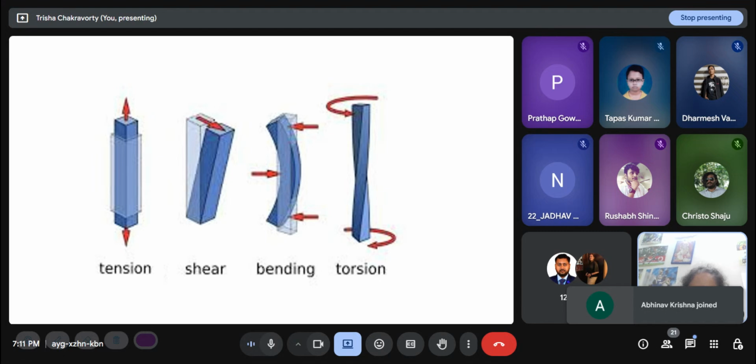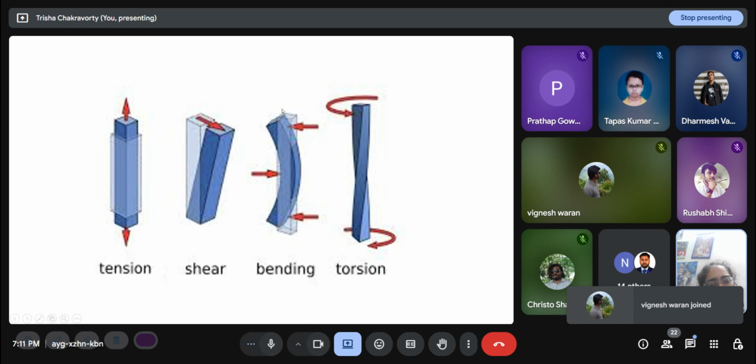So this is the beam. Tension is when it is a pulling, and compression is also an axial force where it will attempt to shorten the length. Shear force is when the direction of the force is parallel to the cross section and perpendicular to the transverse axis. And shear force almost always gives rise to a bending moment, except in very specific cases.